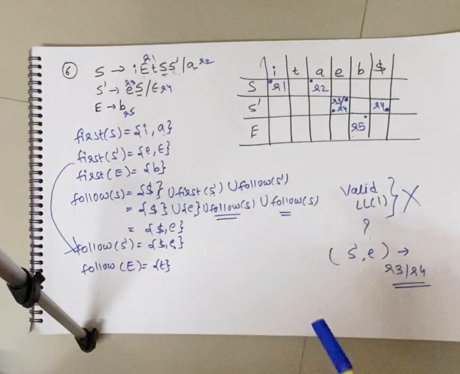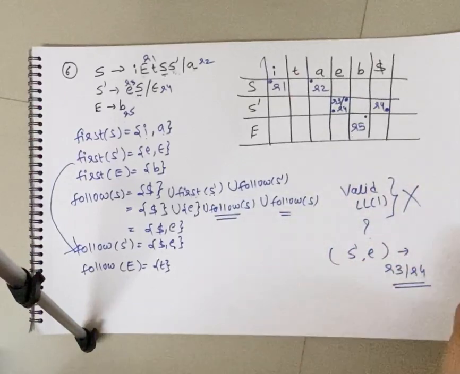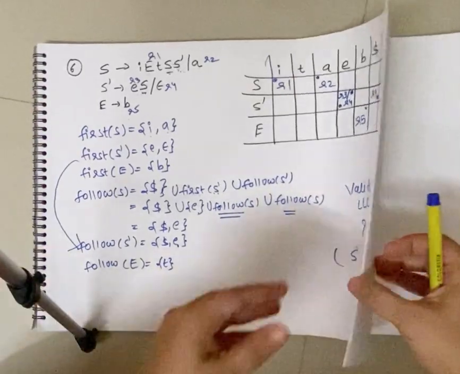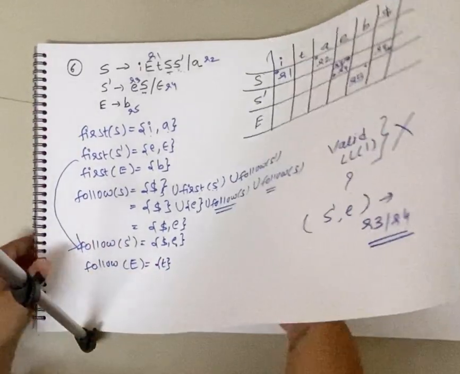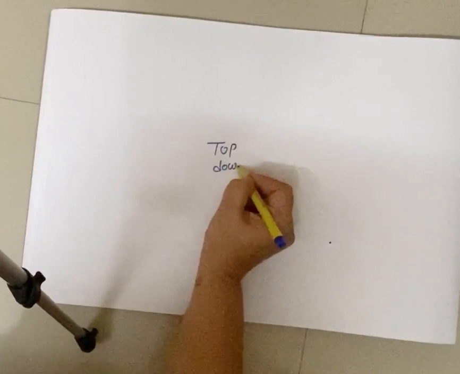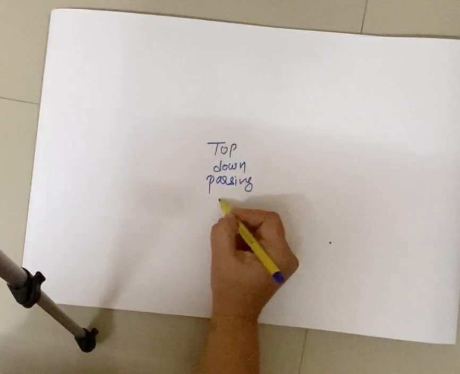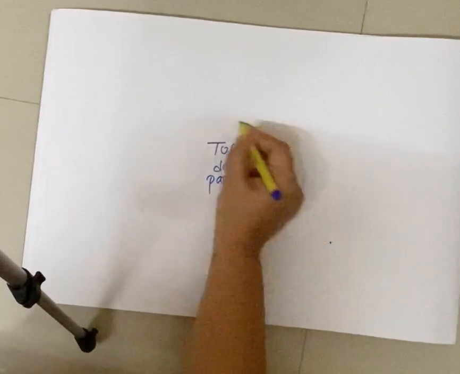So what are we going to discuss next? We are going to discuss next how the actual predictive parsing algorithm is going to apply. So let us once again focus on how the top-down parser is going to work, which we had discussed earlier. This is our top-down parsing algorithm, which we are yet to discuss, and which we are right now going to discuss.